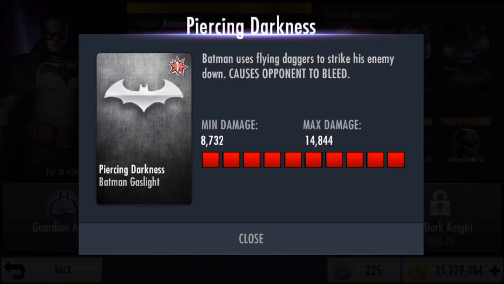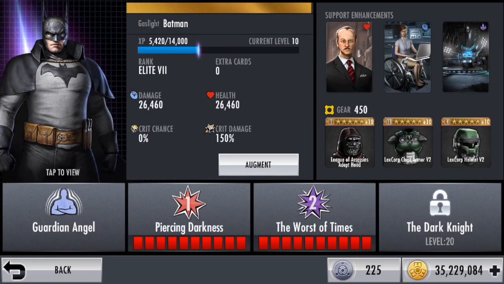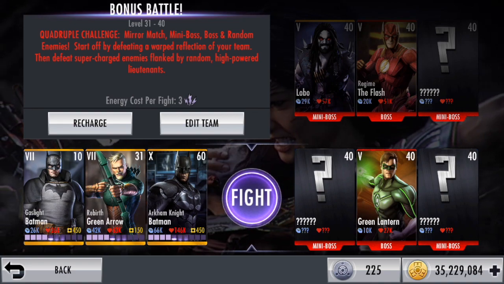But before we do that, let's take a look. So here is the piercing darkness. Basically, they just renamed the explosive batarang, and now it causes bleed instead of stun. Personally, I would take the stun over the bleed, but of course, it is a bleed now because of his whole knives thing. So his specialty is called the Worst of Times, which we will try to check out later. So let's jump into the next fight,